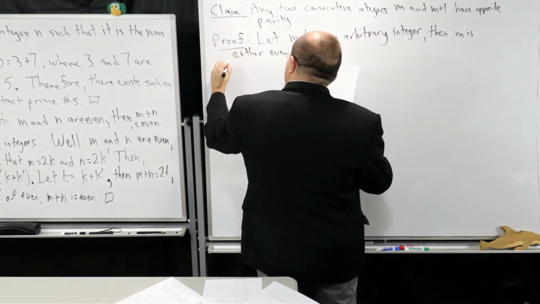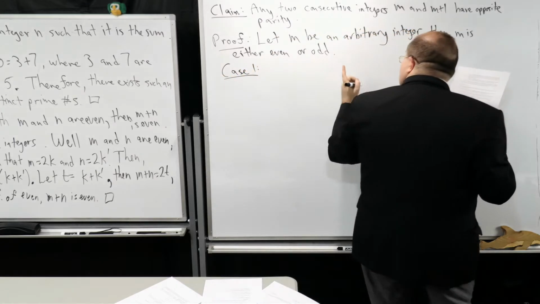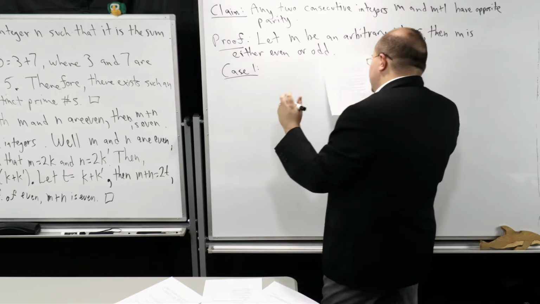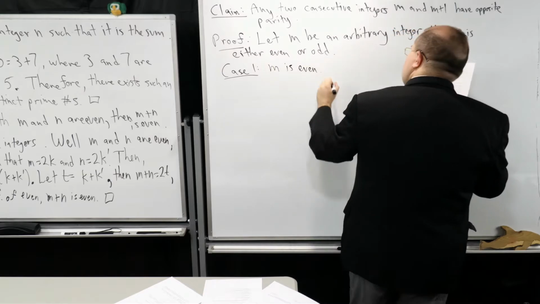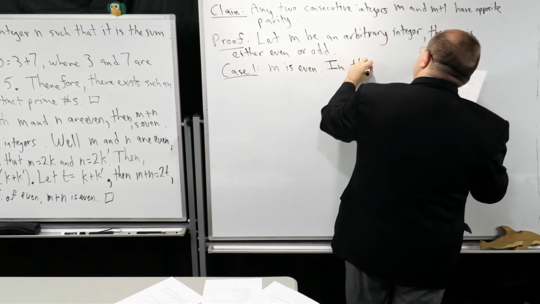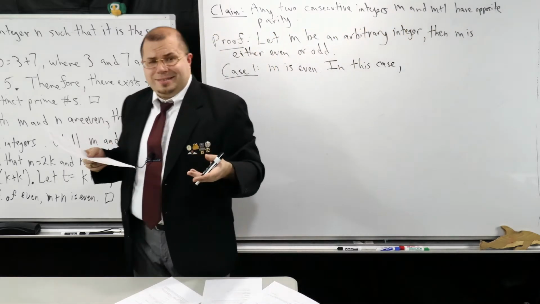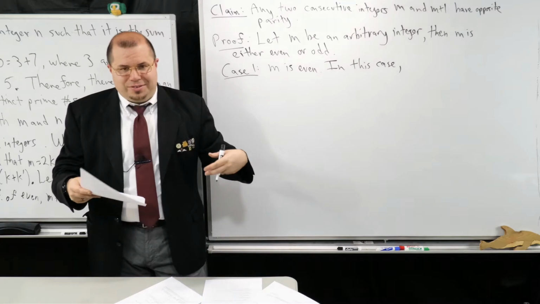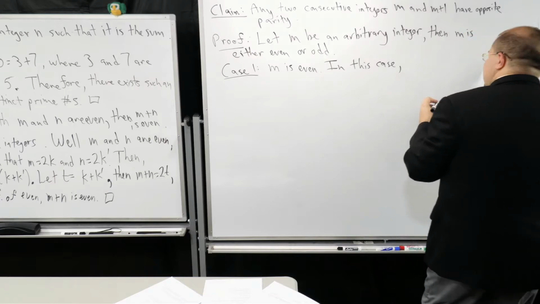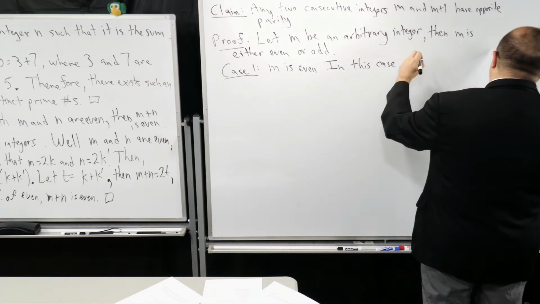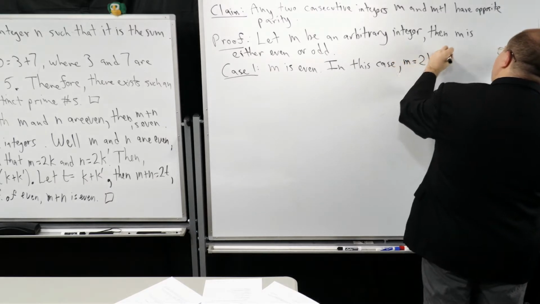So I'm going to decompose this into two cases because m is either going to be even or odd. So I'm going to have two cases. Case 1, m is going to be even. So m is even. In this case, what does that mean? How do I prove it when it's even? I would use the definition of what even is. I use existential instantiation to get a name for an integer because this will exist in this sense. In this case, m is equal to 2k for some